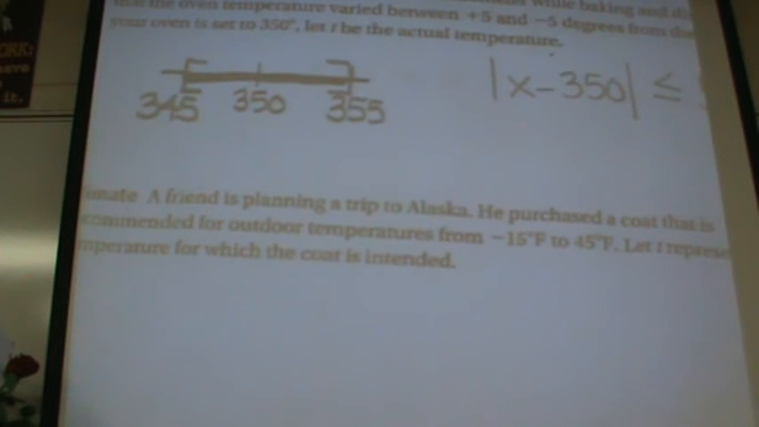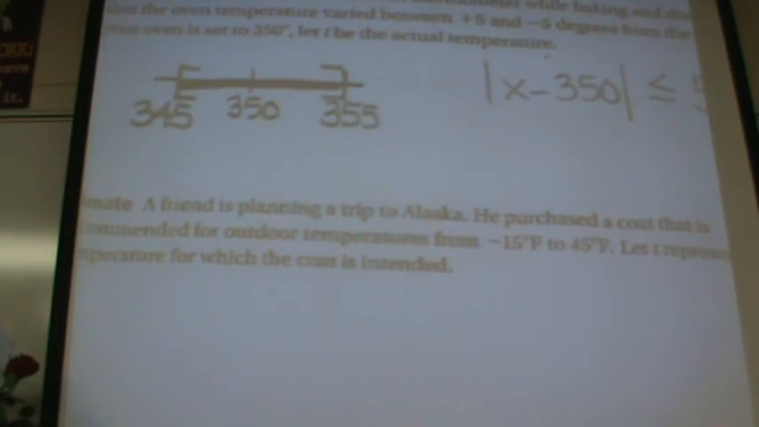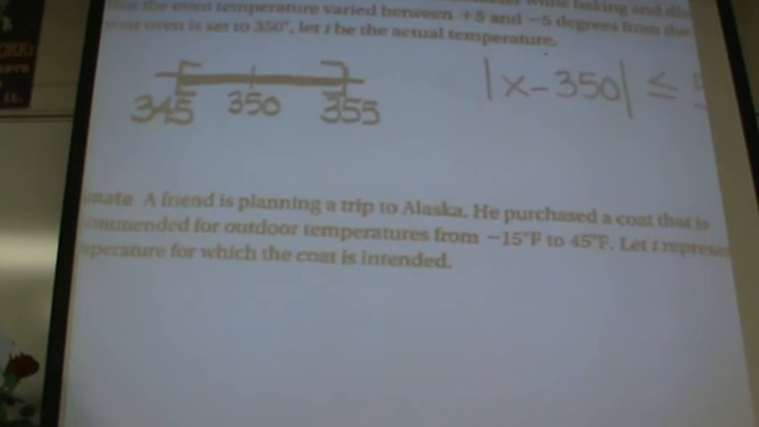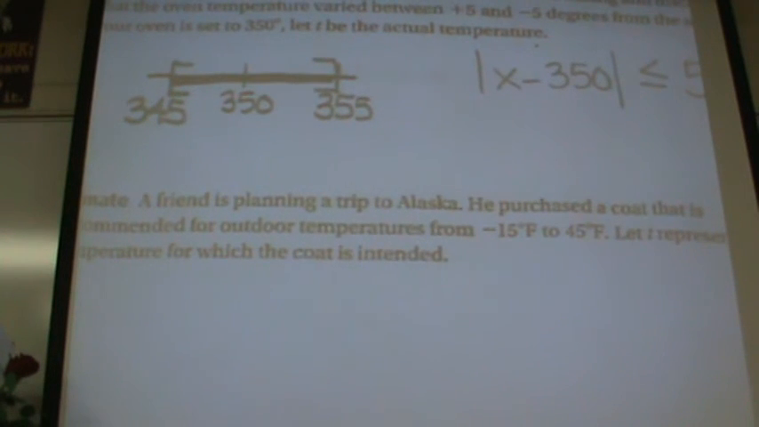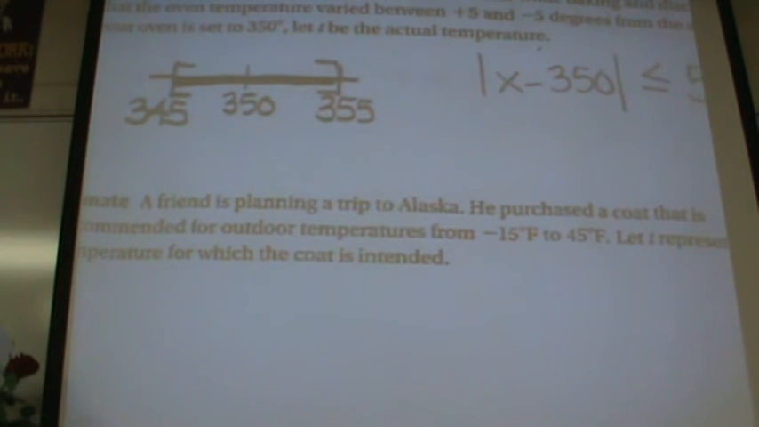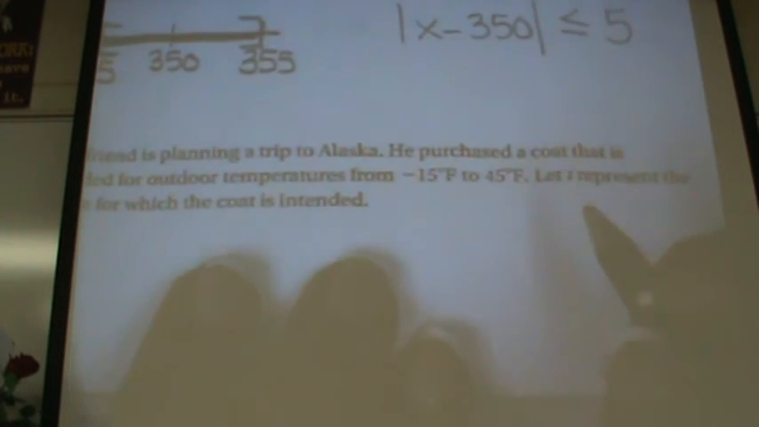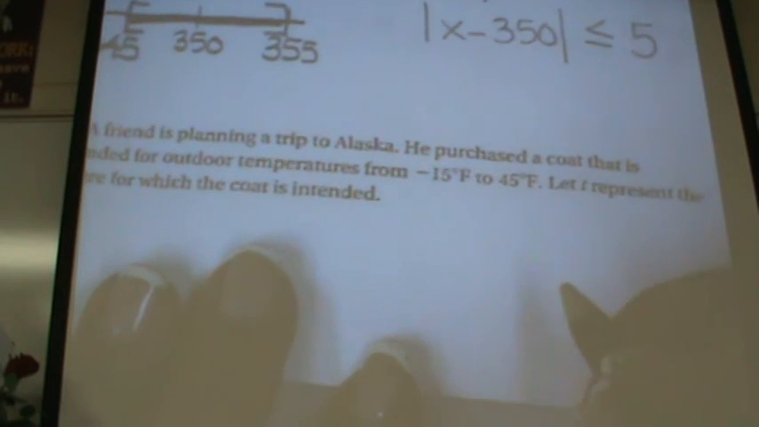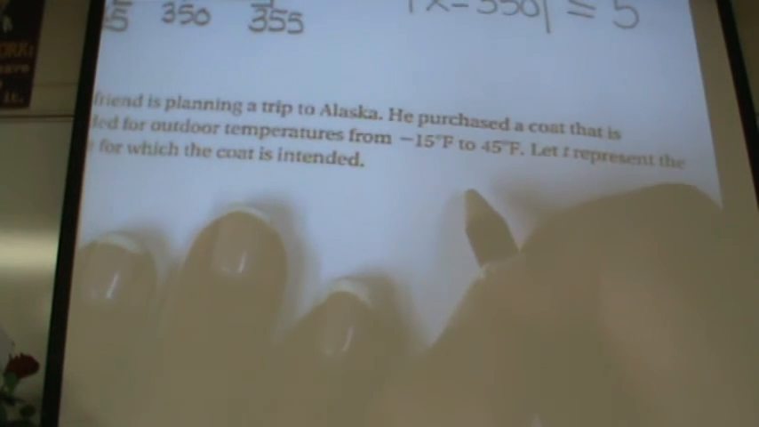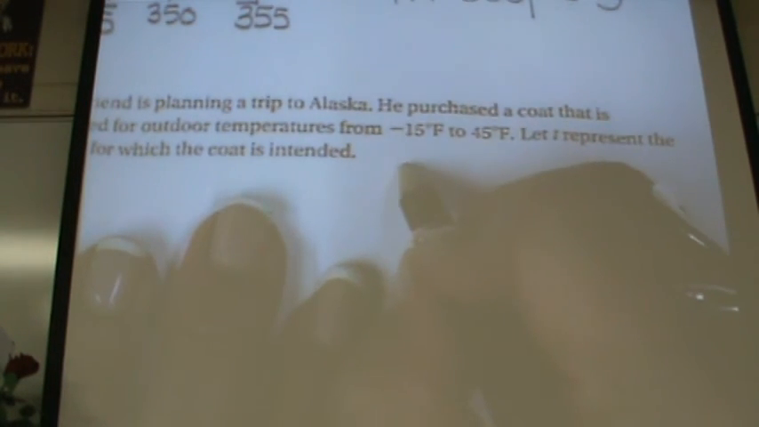A friend is planning a trip to Alaska. He purchased a coat that is recommended for outdoor temperatures that range from -15 degrees to 45 degrees Fahrenheit. Give me an absolute value inequality for this. Who thinks that they can do this one? Go ahead, what do you do? Okay. So you set it up, it's in between,